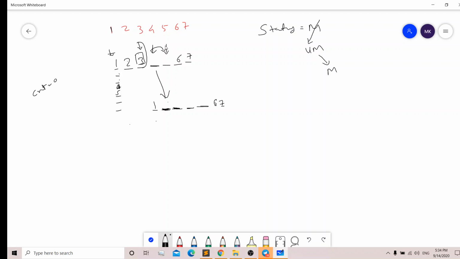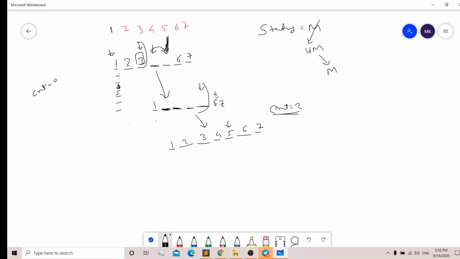Now our current pointer is here only, right? So what we do is once again we take a transpose from this point. Now we get 1, once again we get 2 here, 3, 4, 5, 6 and 7. It was already there, right? And our current pointer is here. How many steps have we taken at this position? 2 steps. Count is equal to 2. So we just increment our count by 2 at this position, and we move to the next pointer.